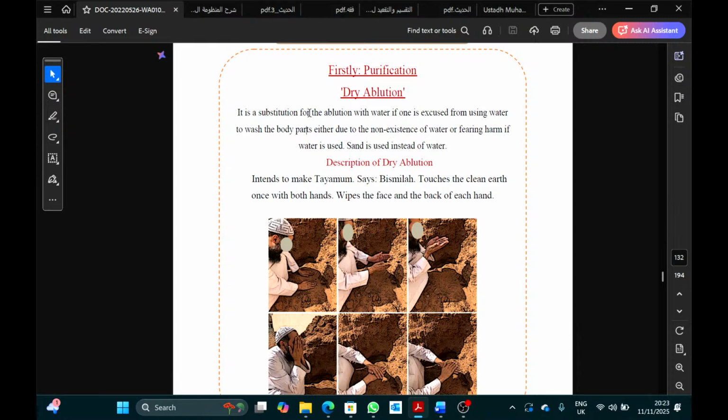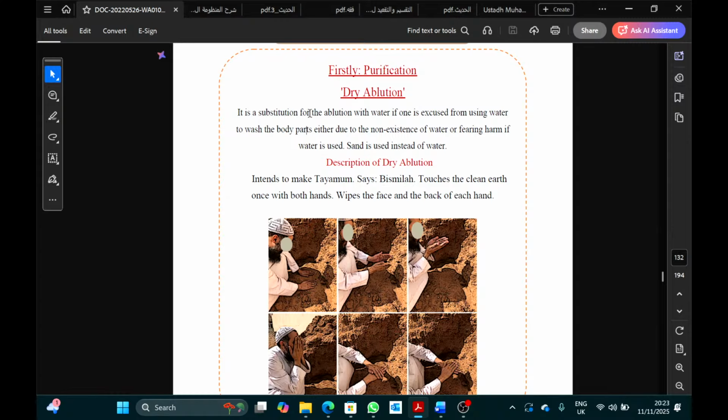When do you do tayammum? Tayammum is done, as a general answer, in 2 cases. When you don't have water, or you don't have the ability to use water. So even if it's there, but let's say it's too high, you can't reach it, stuck in a tree somewhere. Or I might even say if it's too expensive to buy, like it's not the normal price. The guy's selling one water bottle for like £10, £20, you don't have to buy it. A bottle of water is what, £1? Most of the places it's free, you can just go and use it.